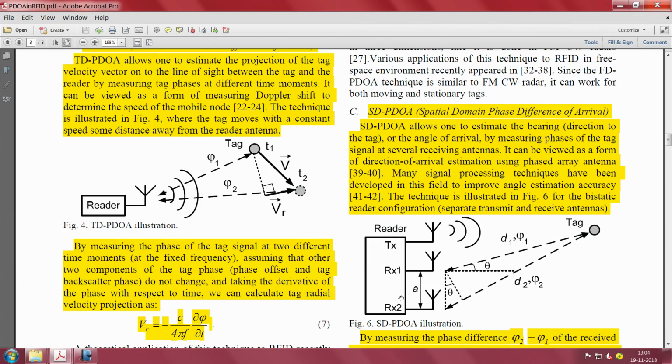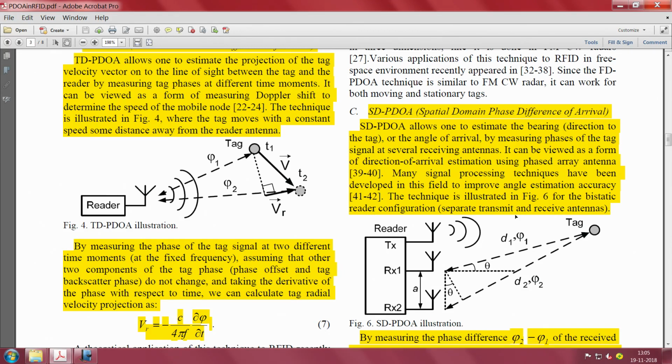And you see there is a transmit antenna which is throwing power on the tag, and these two receive antennas are reading off the tag response. Of course RSSI will be there, but we do not use it, we are interested in the phase information that the reader's antennas actually read off. One is phi 1 and the other is phi 2.